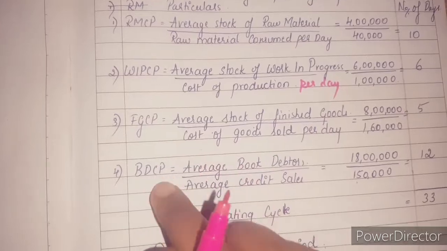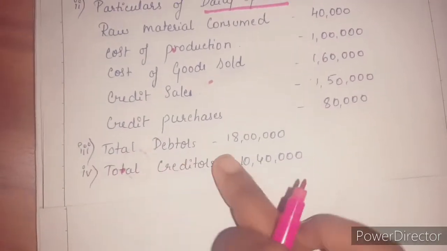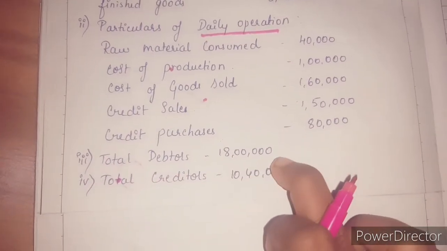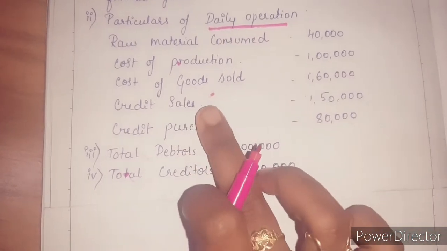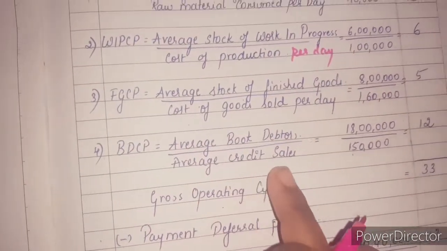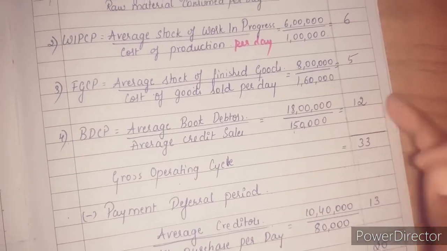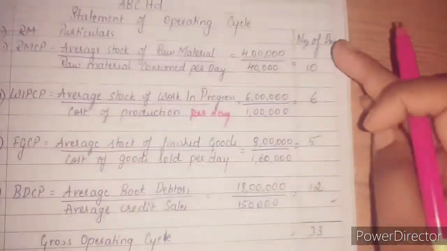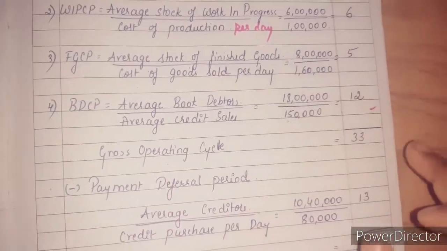So debtors conversion period is equal to average debtors divided by average credit sales. Total debtors 18 lakh, and since it is on the basis of credit sales, 1,50,000. Average debtors divided by credit sales is 18 lakh divided by 1,50,000, that we get 12. So total of this we get gross operating cycle, that is 33,